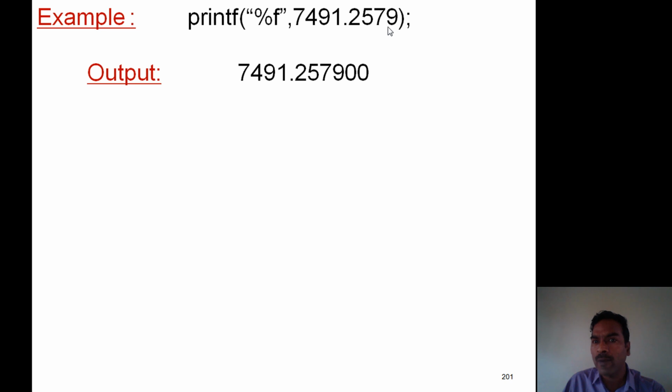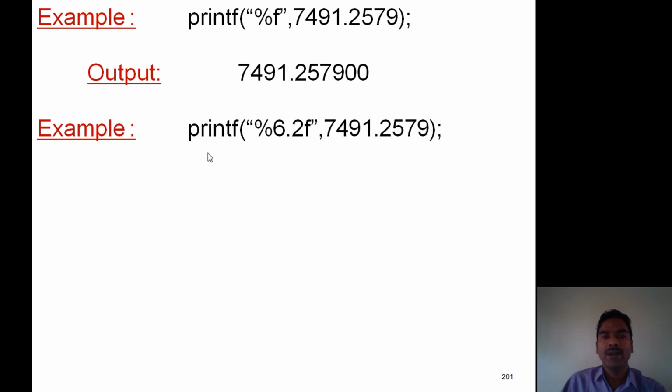Here it consists of only 4 points, but the remaining 2 points are added by the compiler. Now %6.2f, the same value 7491.2579. Here the field width specifier is 6. Even if this width is not enough, it is automatically extended. Don't bother about this one, okay?